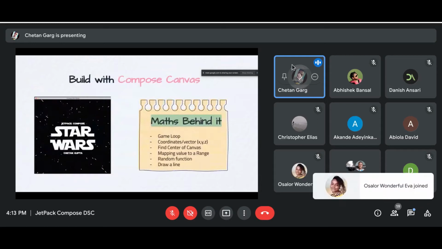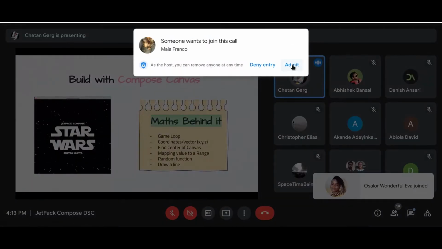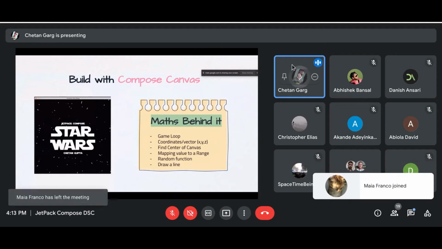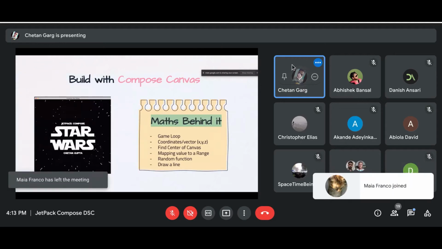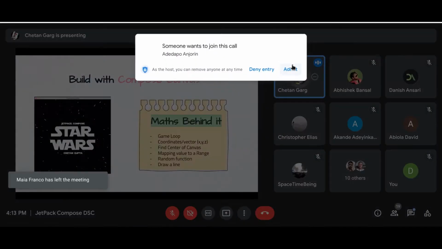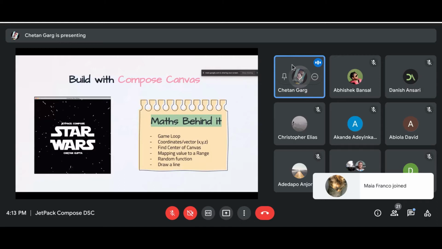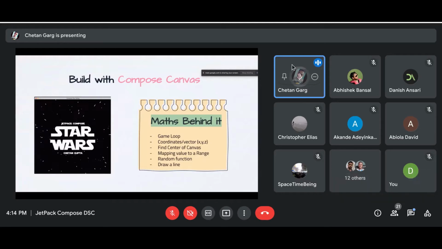Even in my journey, I started building with many of the examples, and slowly I worked on with it. So in today's presentation, I will try to go through the examples I have made and try to simplify the maths behind it. Once you have a grasp of that maths, you can create your own Compose examples, right? For example, the first app which I created using Jetpack Compose was this.